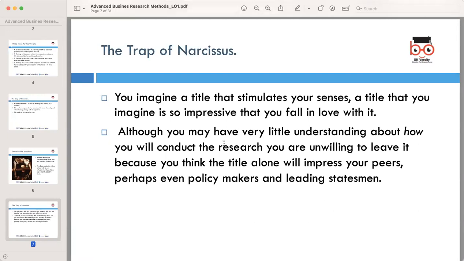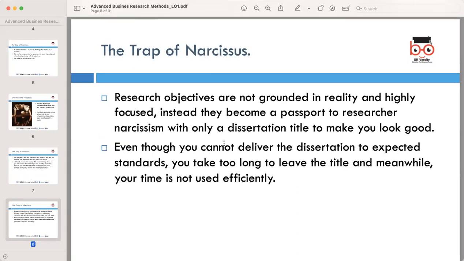So let us be mindful of the trap of Narcissus, where we become infatuated with the surface level appeal and neglect the substance beneath. So let us remember that true impact and recognition come from the hard work, dedication, and profound insight we uncover through our research. The trap of Narcissus. Let's begin to understand how